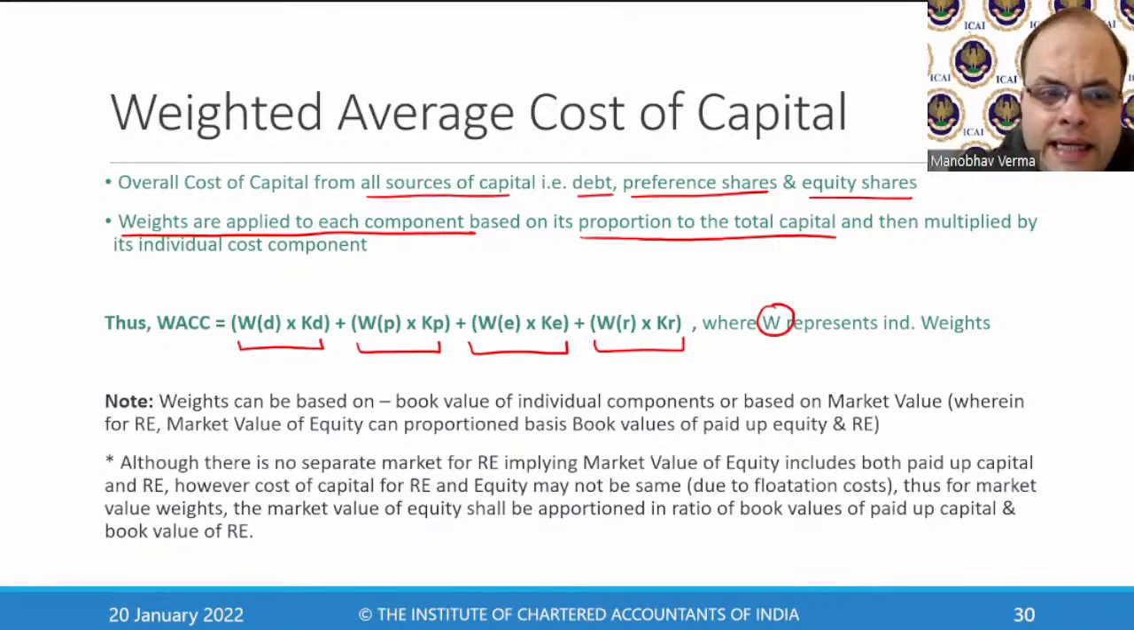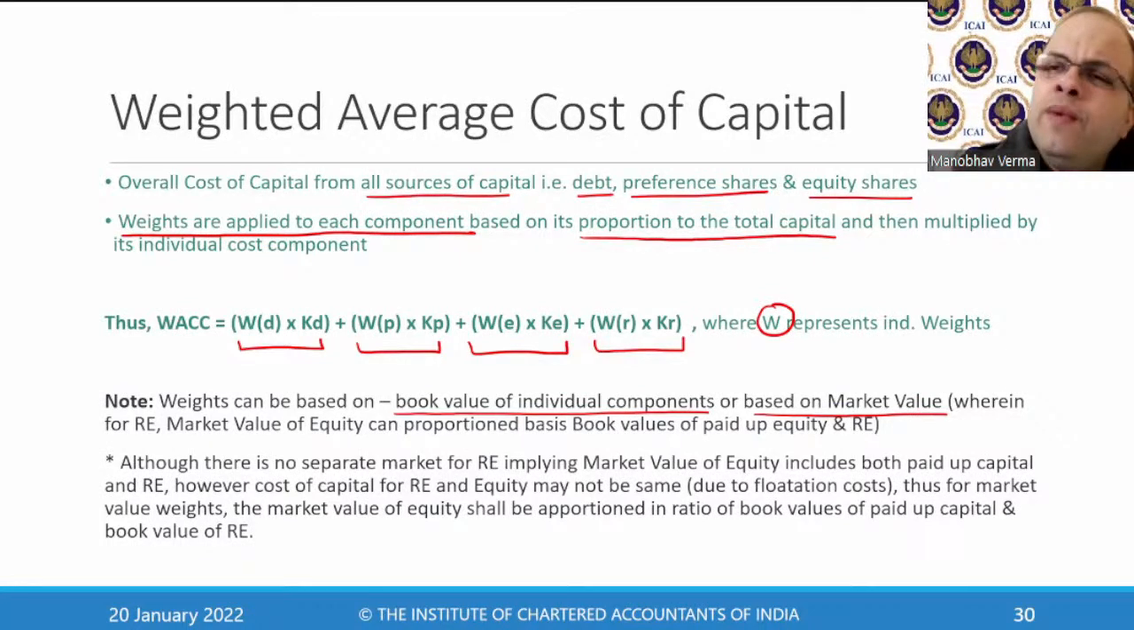Most interestingly, the weights can be based on the book value of individual components or on the market value. The most important point to understand is that the question will tell us whether we are looking at a book value or a market value. Some questions ask you to calculate WACC on both bases. They will give you the market value of the equity share, debenture or whatever. However, the interesting point is, whenever the market value is used,